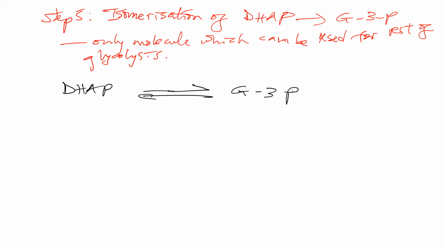The enzyme that is involved for this isomerization is triose phosphate isomerase. So this enzyme basically moves